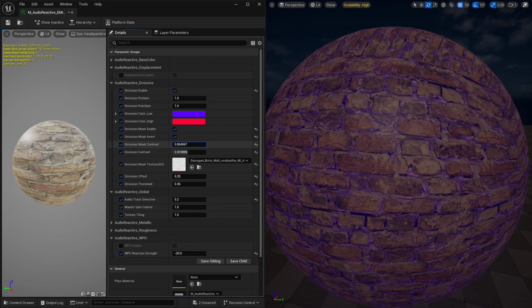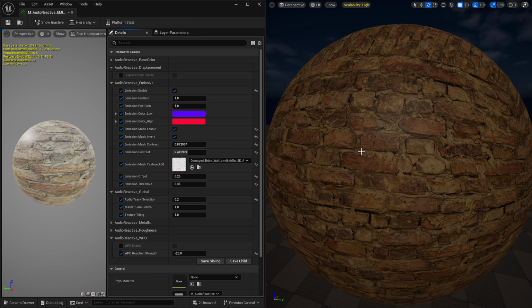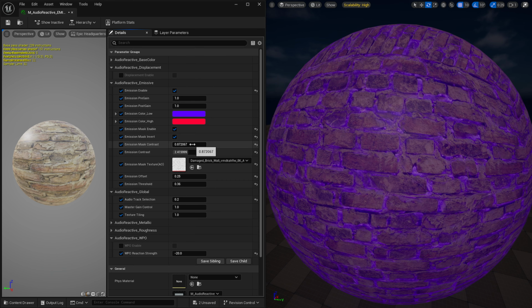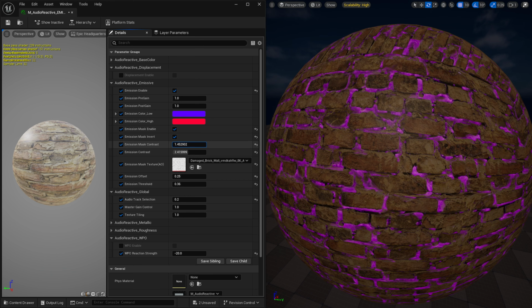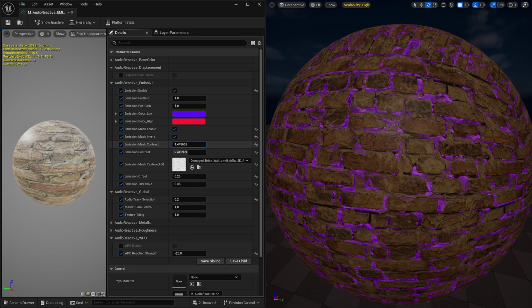So as you can see, if you drop your contrast all the way down to 0, you get just a flat emission. So let's do escape, Alt S again, and we're right back into our simulation. So yeah, I'm liking this look. We get just some light bleeding through the cracks. You see as I take the mask down, we start getting a more broad effect. So as we raise this up, we just kind of clamp down to just the darkest values.